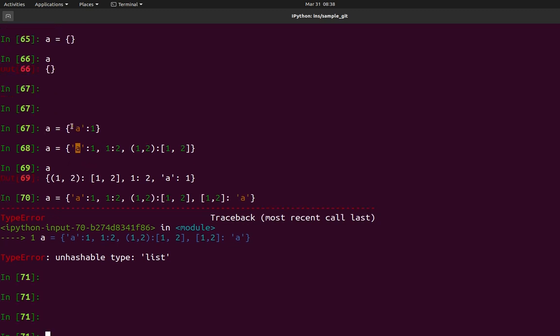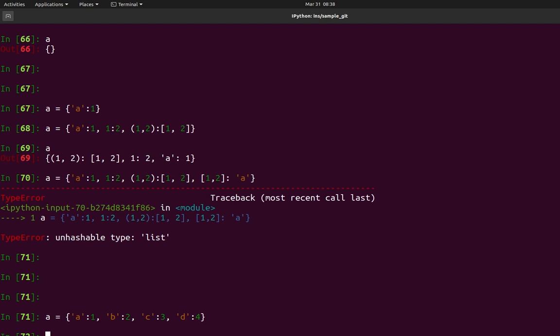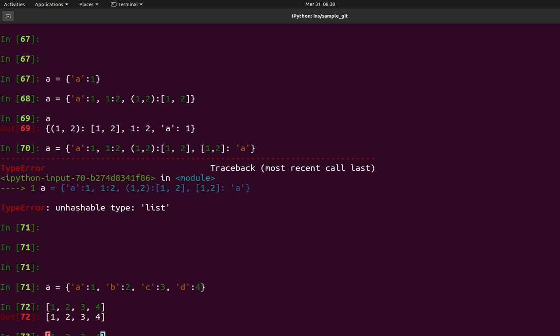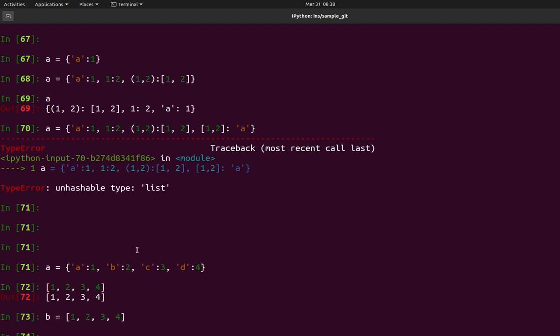So now this is the basic dictionary format. Let's say you have hundreds of elements that are defined. Let me just define a couple of elements. Now let's say I have a list, this is my list, let me store that in B. See, the same values that I have in A, I have defined them in B.